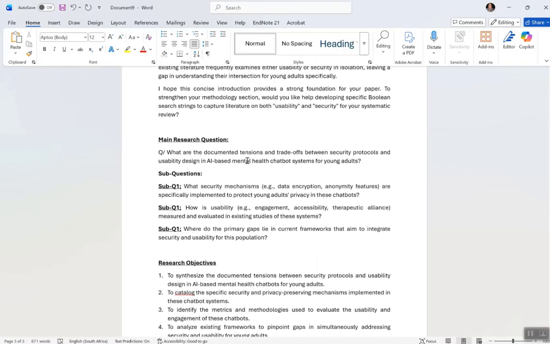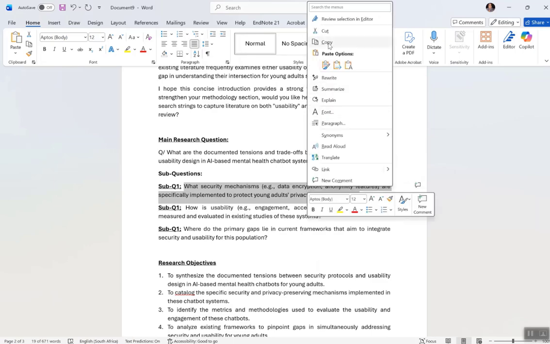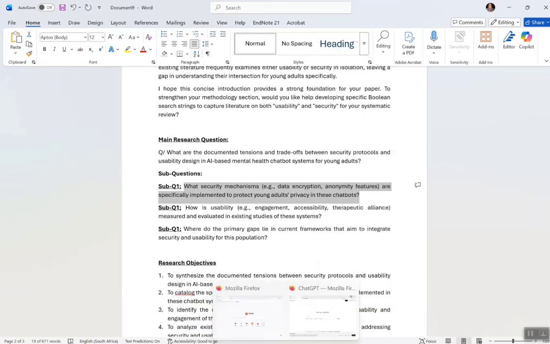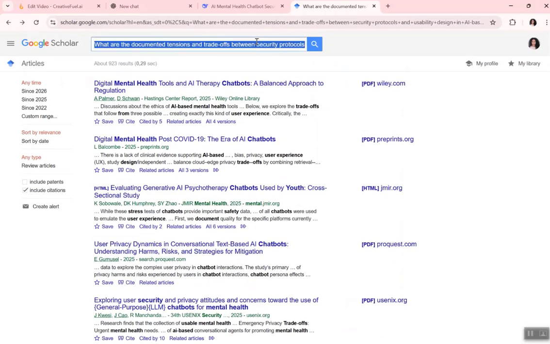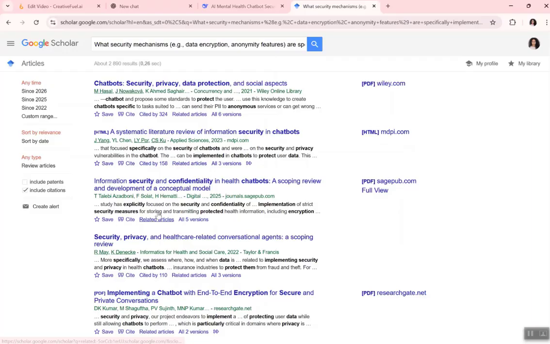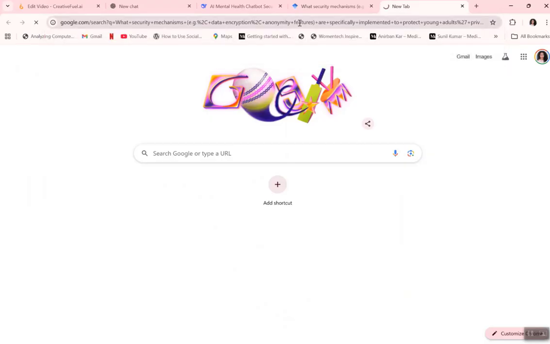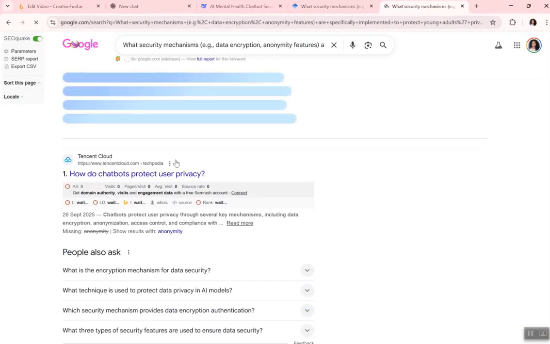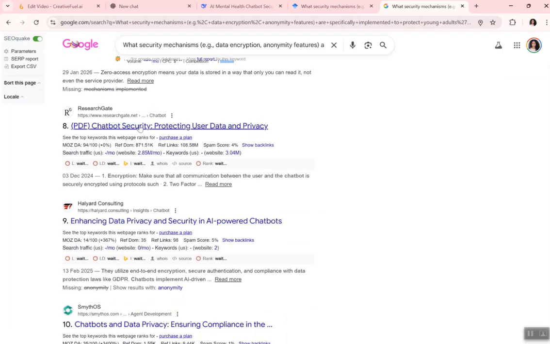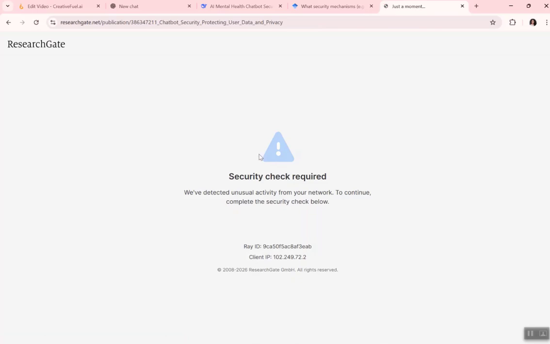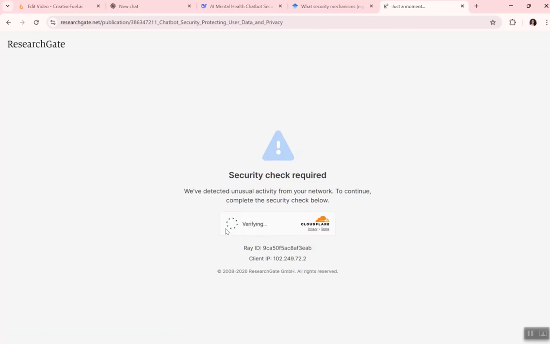What you can also do is copy your sub questions and paste them into Google Scholar to get some other papers. You can also paste them into Google and see if there is any journal that has already published on it, like ResearchGate. If you open ResearchGate, it's like a journal. You verify,